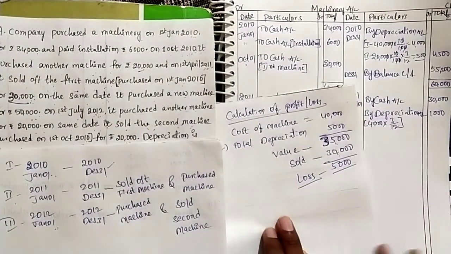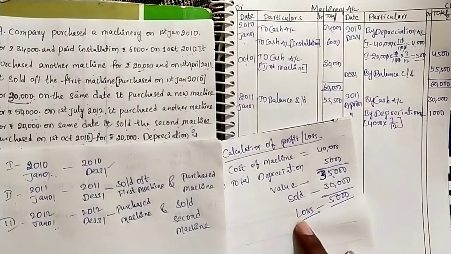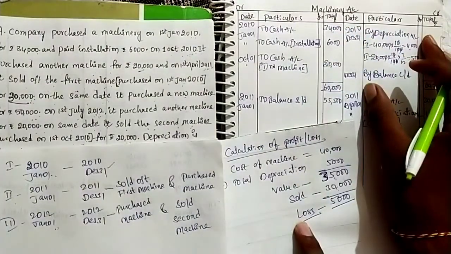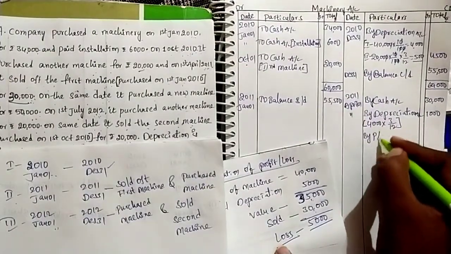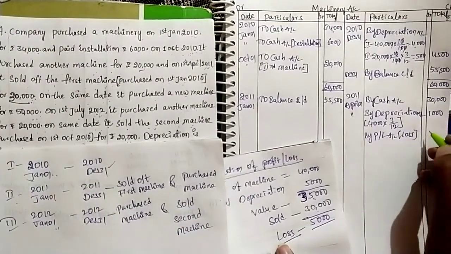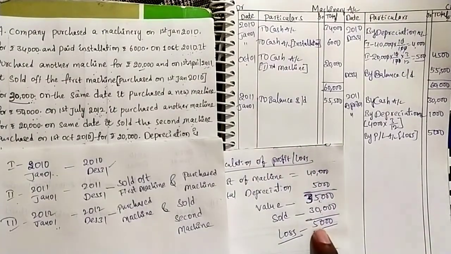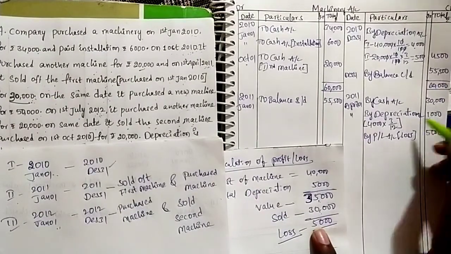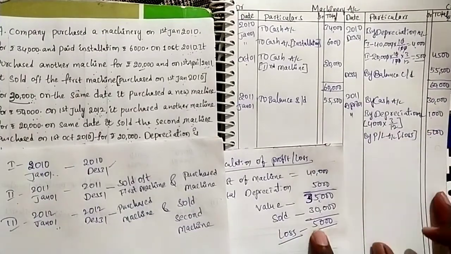Okay, all expenses and losses will be debited in the profit and loss account. Means profit and loss account is debited. Okay, machinery account is credited. We are preparing the machinery account. So machinery account credited. So we have to write in the credit side by profit and loss account in the bracket loss. Okay, how much? 5,000 rupees. Okay, it's clear. First machine sold at 30,000 rupees and we provided depreciation 1,000 rupees for the 3 months and we calculated loss 5,000 rupees, that is recorded in the credit side.